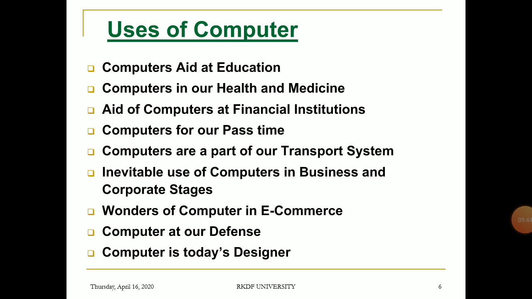Computers are a part of our transport system. With internet or computers, we can know the details of the buses or trains or the flights available to a desired destination. The timings and even the updates of the delay can also be known through these computers. The staff of the transport system will keep track of the passengers, trains, or flights, departure and arrival.